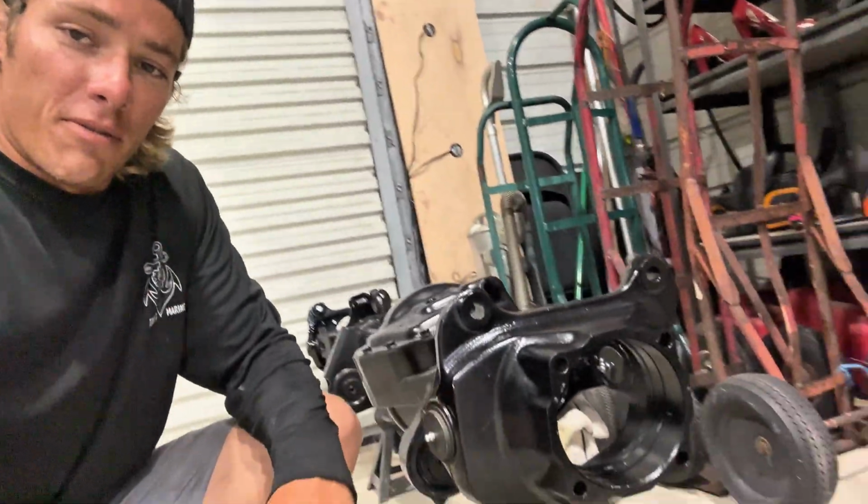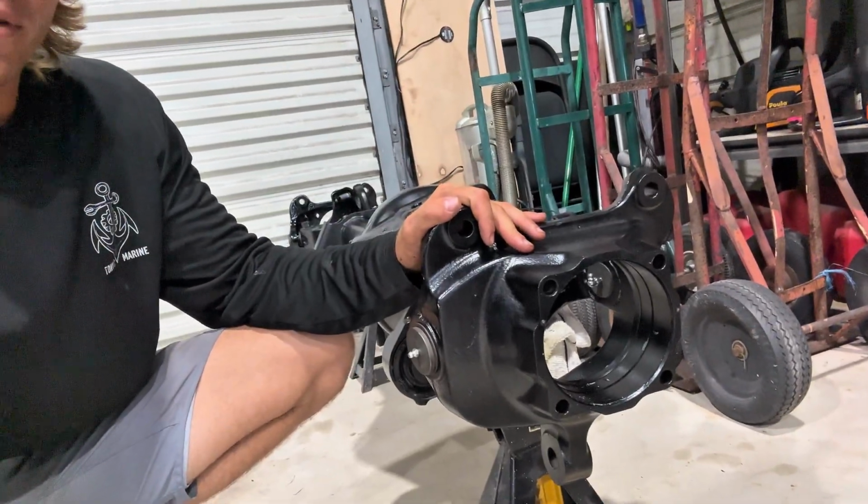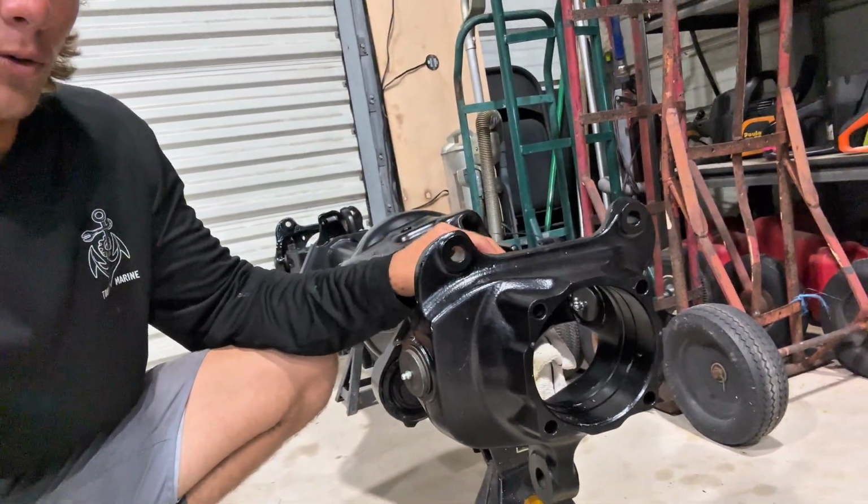All right, guys, so that'll show you it's not always fun throughout the process building a truck, as most of you know. I totally failed on getting these axle shafts installed. It was a lot harder than I thought it was going to be. Or not necessarily hard, I didn't have the right tool. But we did get the steering knuckles put on both sides. I went ahead and ordered the tool to get the axle shafts put back in. So we'll get those thrown in, and then it'll be on to figuring out how to roll this thing up onto the truck